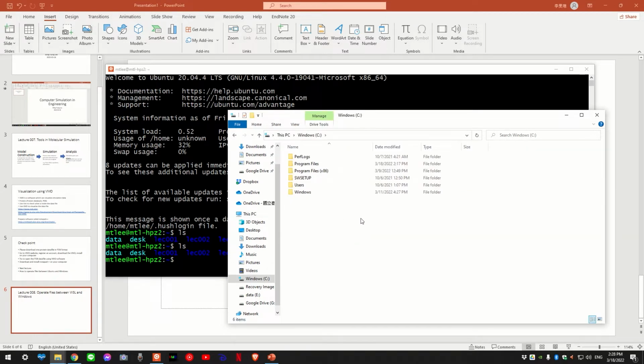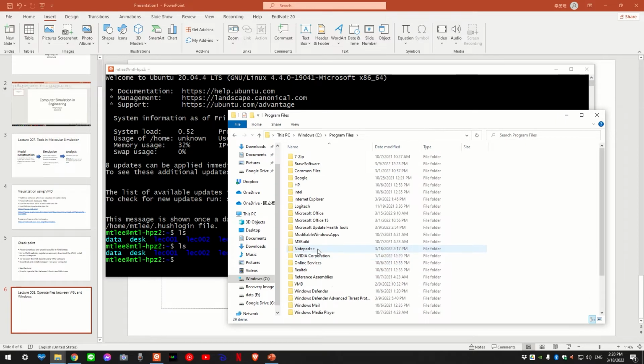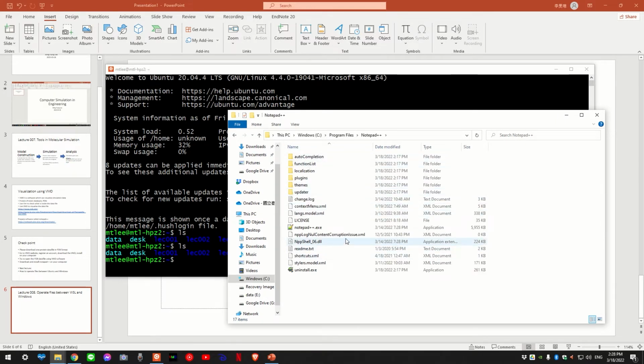This is the first hard drive of your Windows system, and you can see a lot of folders here. You can see Program Files, Windows, and Users. These are files or folders we don't want to mess with because they are related to your software and system. For example, we just installed Notepad++ in lecture 007, and you can see it in Program Files. We don't want to touch any of this because if we do something wrong, that could cause the software to crash.